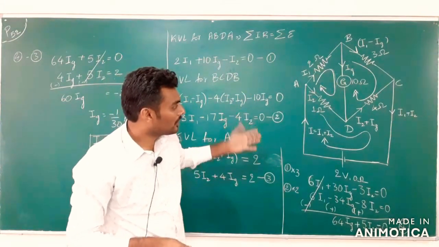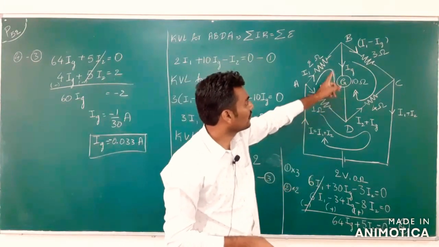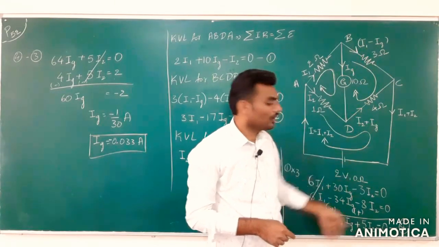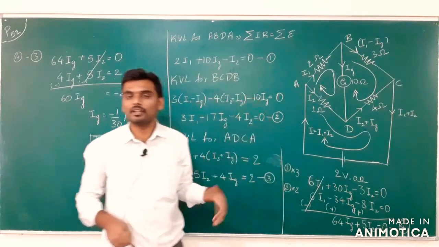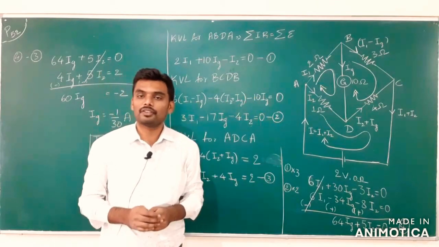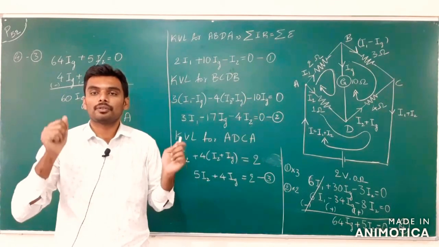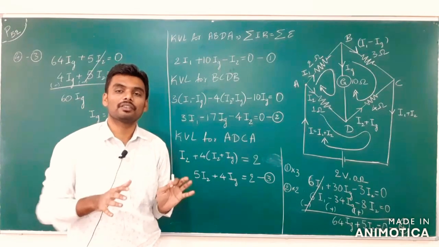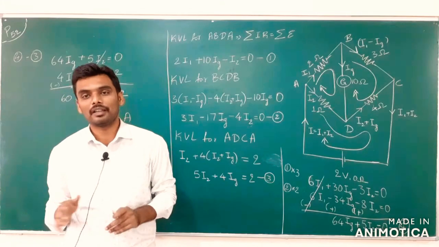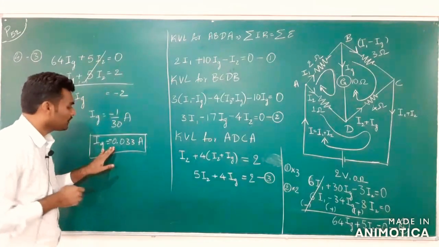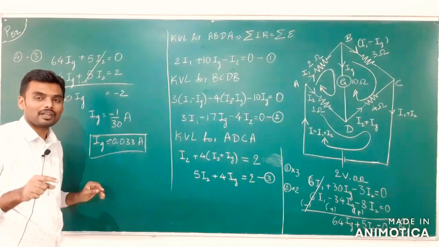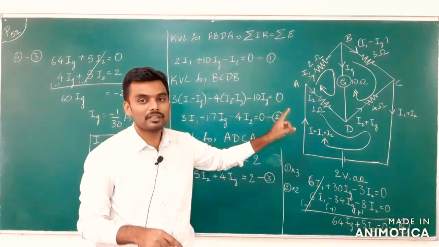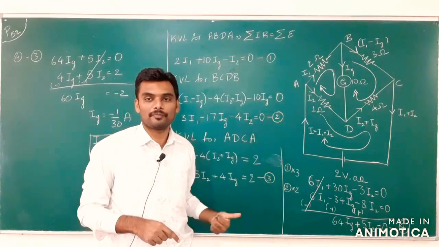So then you might think Ig changed, so this should become I1 plus Ig, this should become I2 minus Ig, and hence all the solutions, whatever we did, they might be wrong. No, it's not like that. Okay, so depending on the considerations, we will get the final answer, and the final answer that we have obtained has a negative sign in order to represent that the current that we considered is in the opposite direction. That's it.